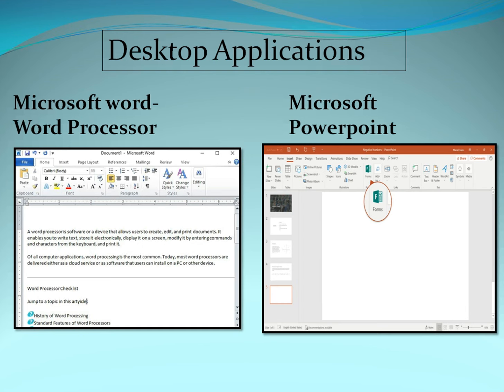As we know, Microsoft Word processor is used to type letters, stories and edit or insert pictures, while PowerPoint is used to create slides and animation. All my videos I first made in PowerPoint and converted into a slideshow.